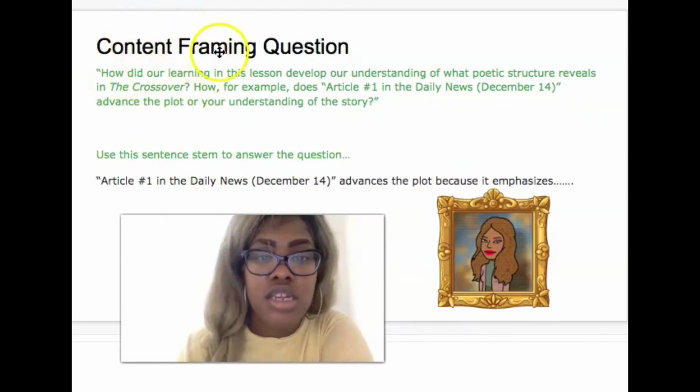So let's look at our content framing question. How did our learning in this lesson develop our understanding of what poetic structure reveals in The Crossover? How, for example, does article number 1 in the Daily News, December 14th, advance the plot or your understanding of the story? Use the sentence stem to answer the question. Article number 1 in the Daily News, December 14th, advances the plot because it emphasizes